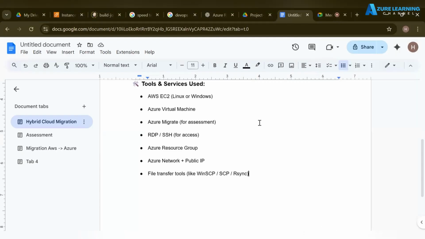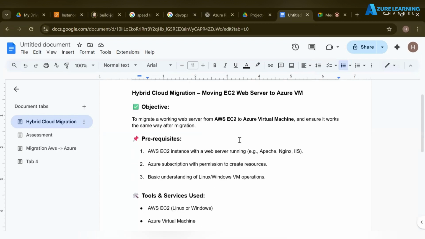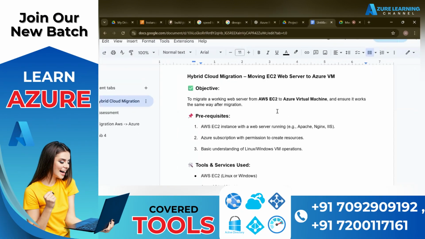I hope you all are able to see my screen. So this is the project agenda. We're going to migrate our EC2 web server to an Azure Virtual Machine. If you are completely new, from another background,